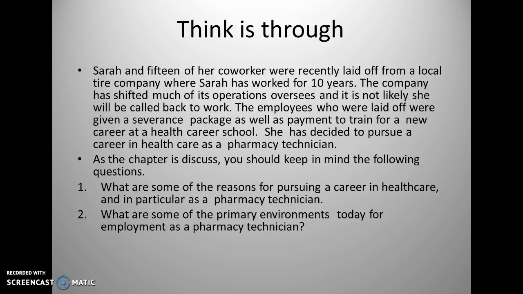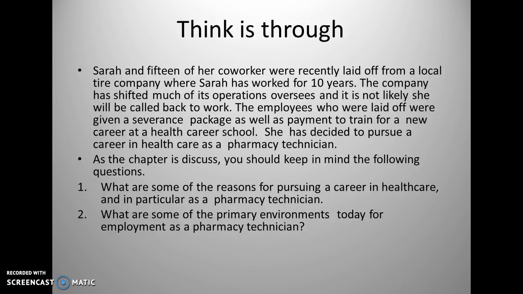Before we begin, each of the chapters begins with a Think It Through. Here we'll look at a small scenario of why becoming a pharmacy technician can be very helpful. Sarah and 15 of her co-workers were recently laid off from a local tire company where Sarah has worked for 10 years. The company has shifted much of its operation overseas, and it is not likely she will be called